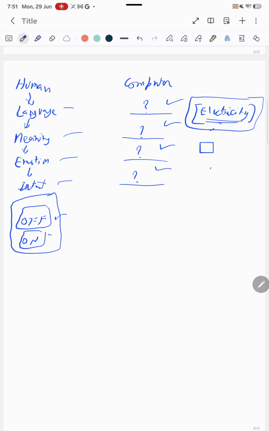This tiny switch is going to change the way you think about computers forever, because this simple idea is the foundation of every modern computer. Without understanding this, you can never fully understand the LLM.